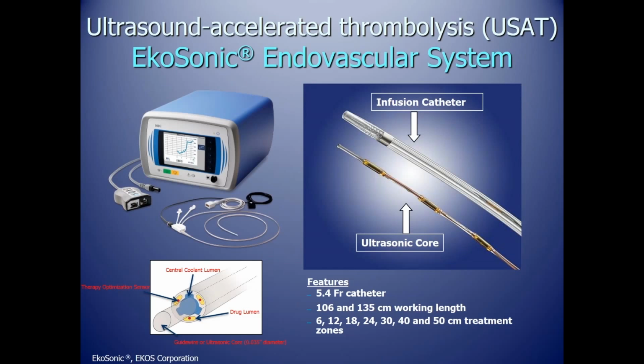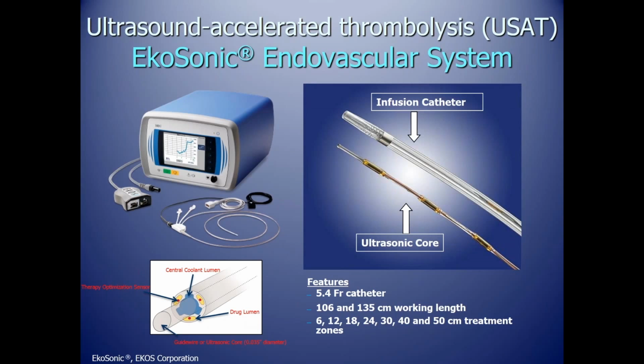So our go-to for treatment for these patients has been the EKOS system. For those of you who may not be as familiar with the EKOS system, it is a multi-side hole infusion catheter, which is on the top of this right-hand picture. Thrombolytic drug will drip in out of the holes. Over here is a close-up of the catheter. This catheter is highly engineered, and it has a few different ports in it. It has one port where you're going to deliver the drug or the TPA. It has another port for coolant, which is normal saline, usually going in at about 30 to 35 milliliters an